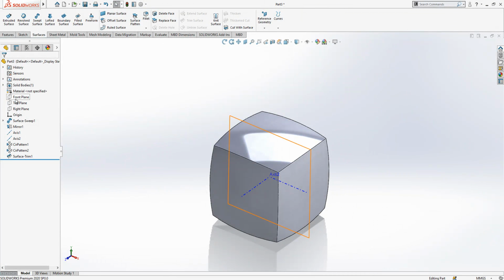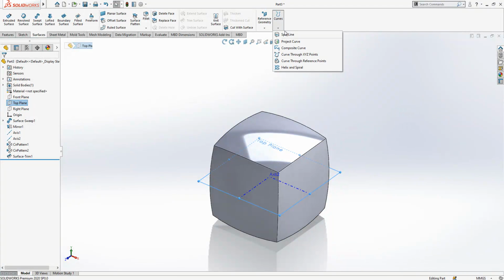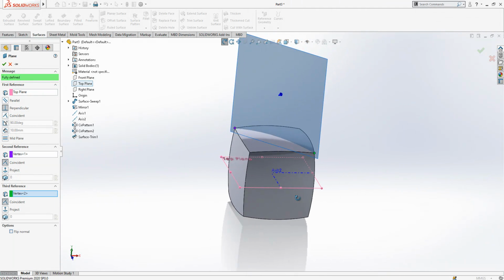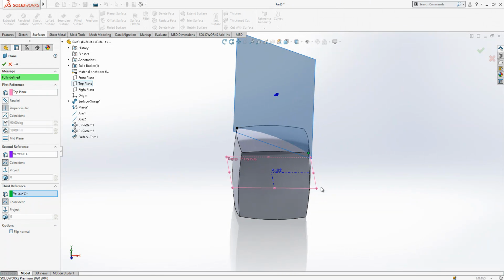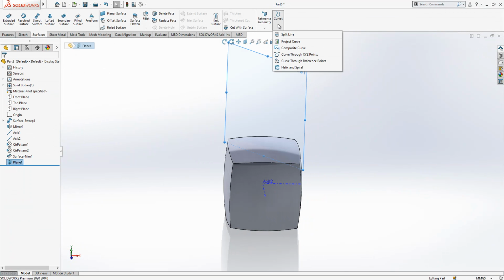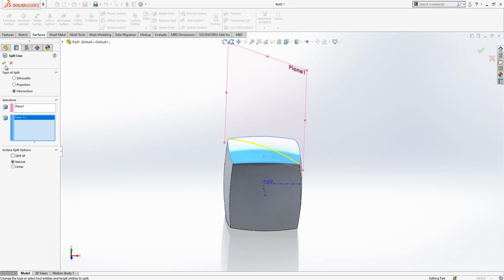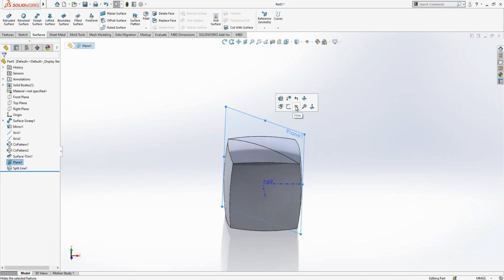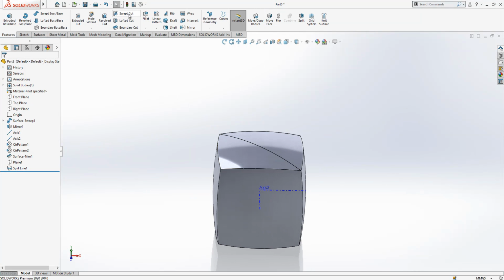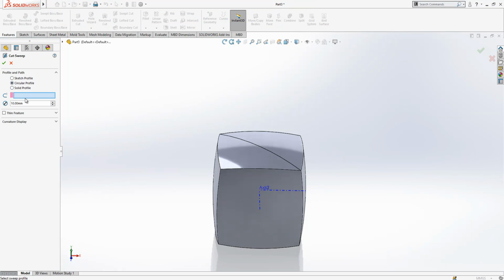Now we continue. We click top plane, we go to reference geometry, and these two points. We created a plane normal to this, between these two points. So plane is selected, split line is selected, and then we created one surface break, and we come to sweep cut, circular profile selected, and then this